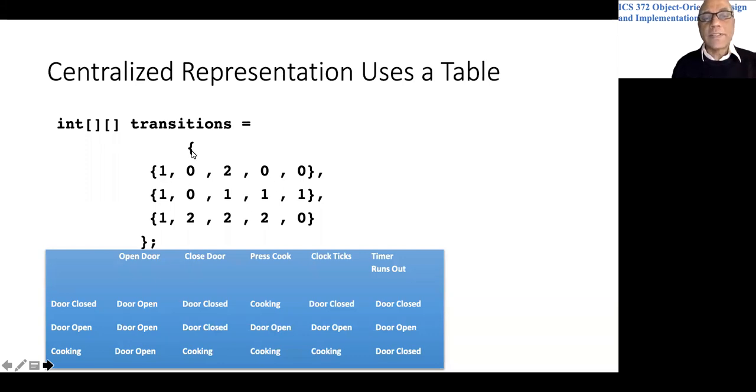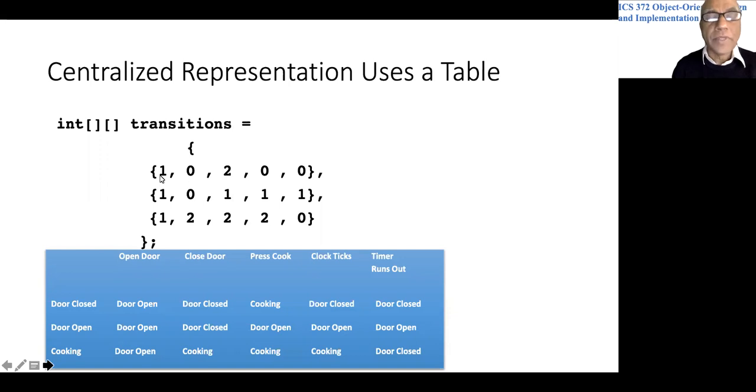So this is beginning the array, and this ends the array, and this line here shows what goes into the first row. This line here shows the second row, and this shows the third row. What do these